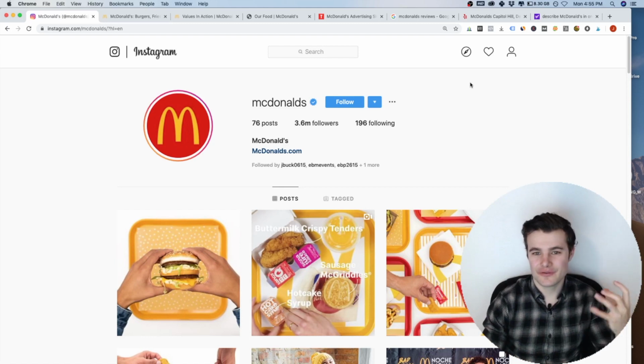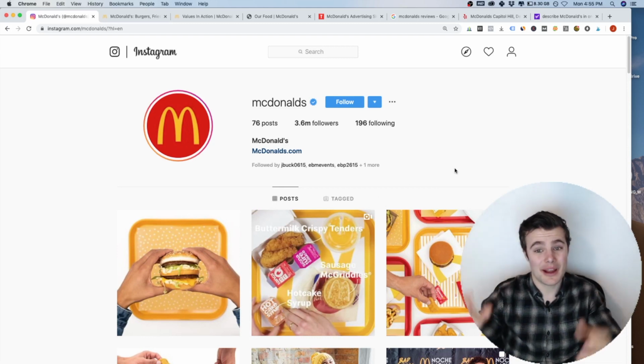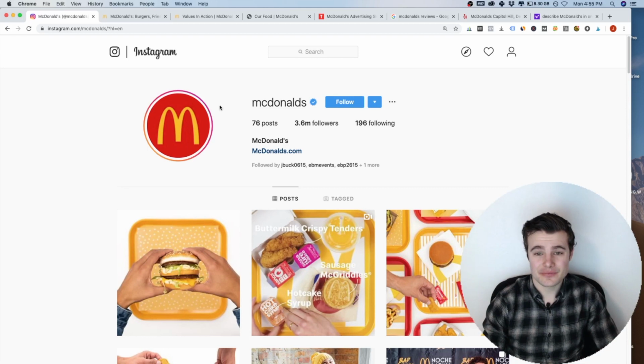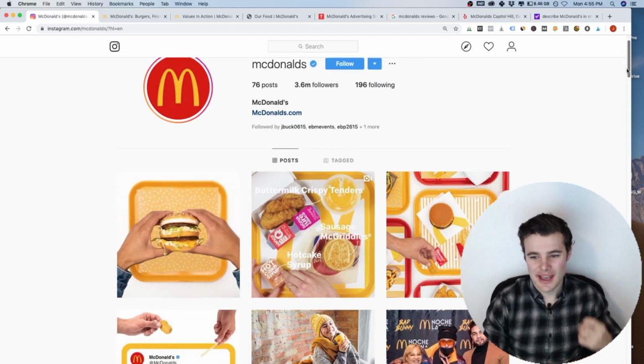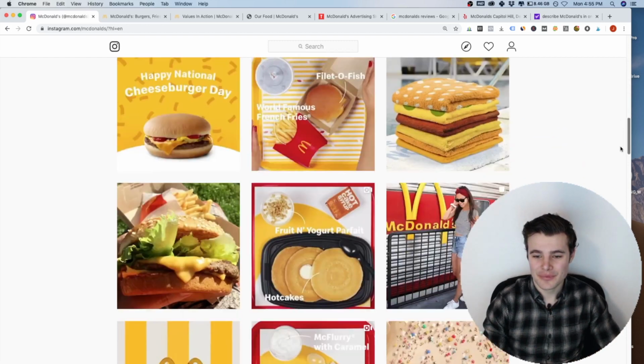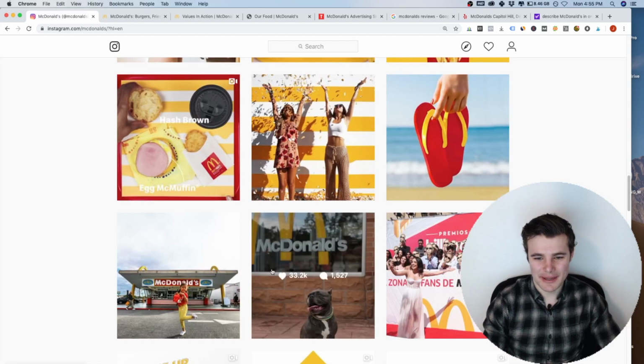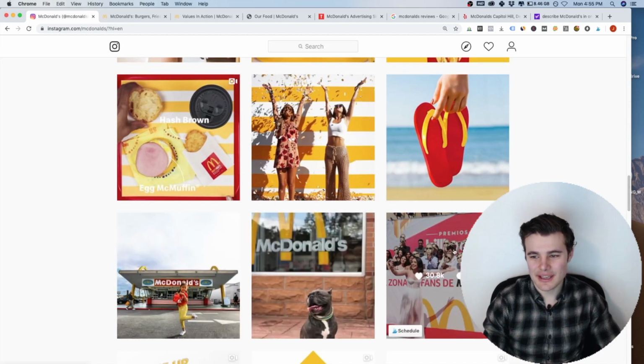You have their fonts and their colors and what they're posting. They have a slogan, they have a mascot. So it includes all of this when we're looking at brand identity. So, they have the arches, the red and the yellow. They have Ronald McDonald, very aimed at kids and like fun, energetic. It's mostly young people smiling. If we go down, they have confetti, they have a smiling dog, they have a smiling kid, lots and lots